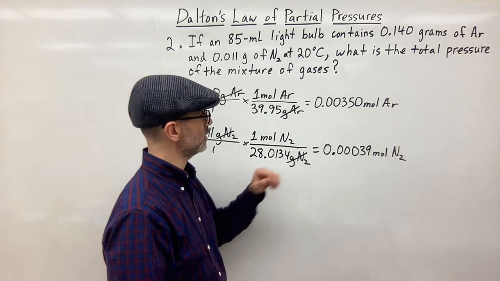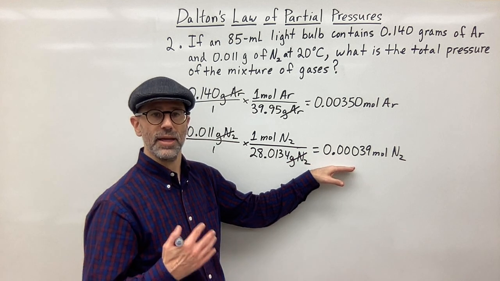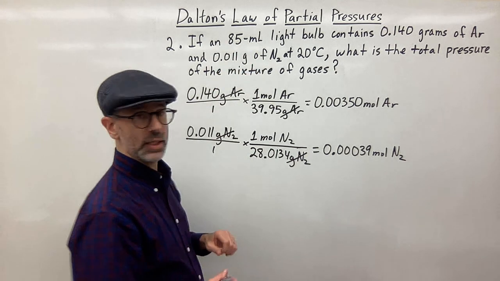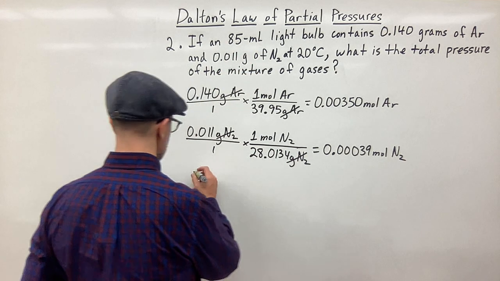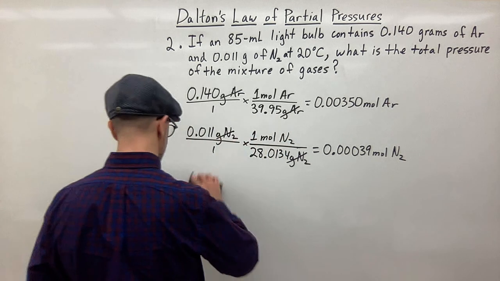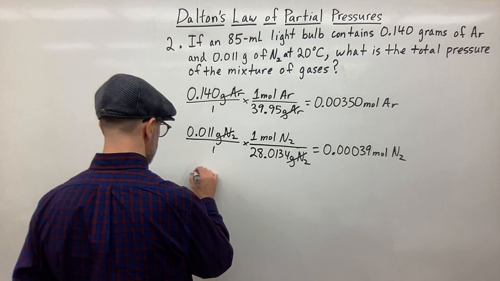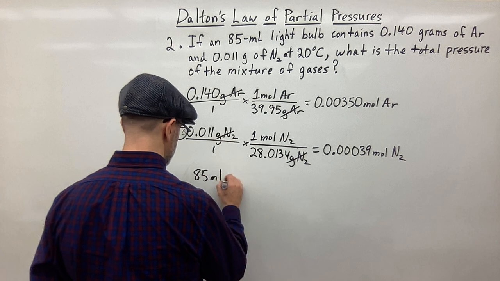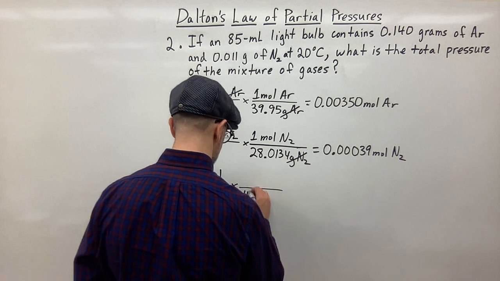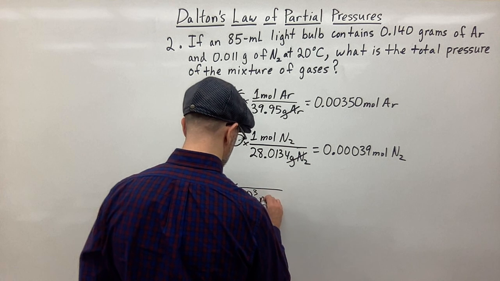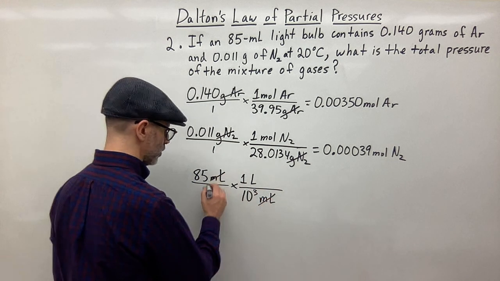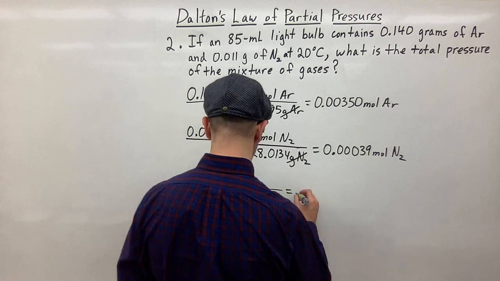So let's make sure that our information is in the right units. So we got 85 milliliters. We're gonna have to convert that to liters. So we have 85 milliliters, and we know that 1,000 milliliters, 10 to the 3 milliliters, is equal to 1 liter. So milliliters cancels out, and we get